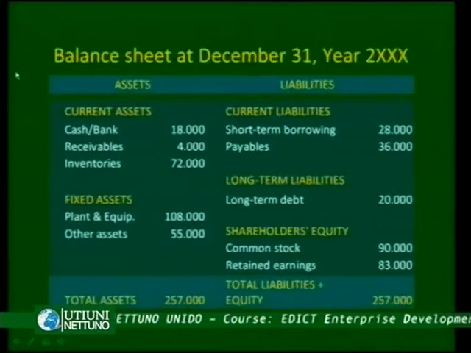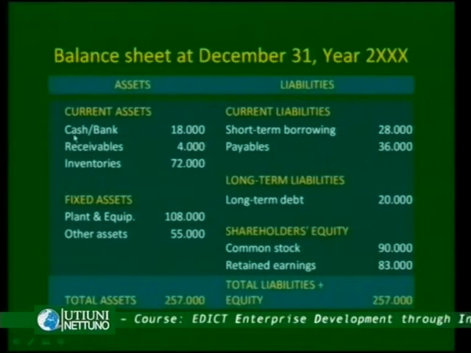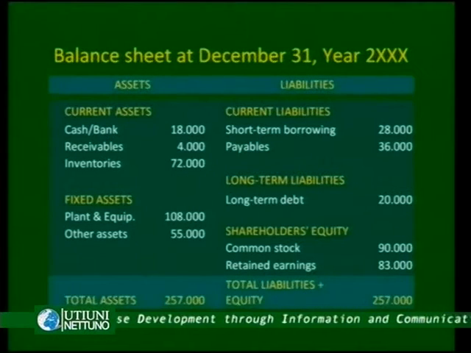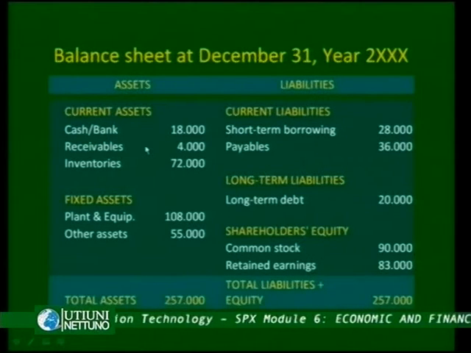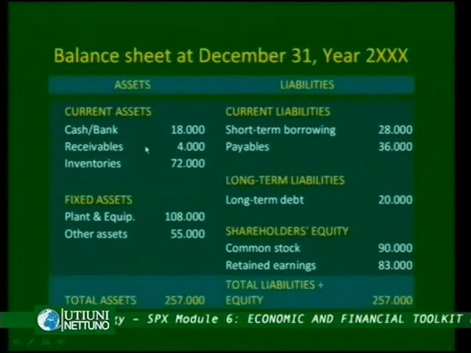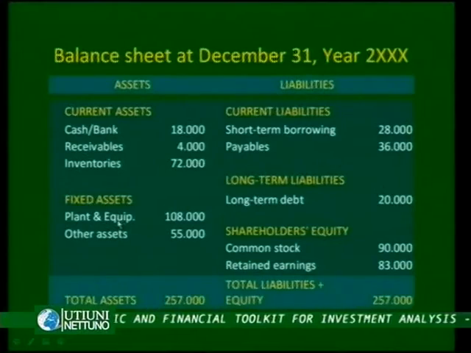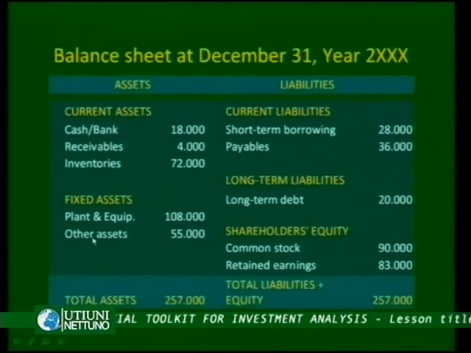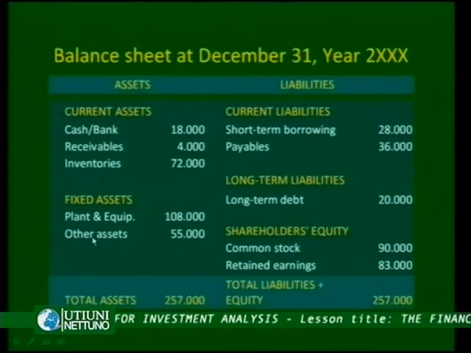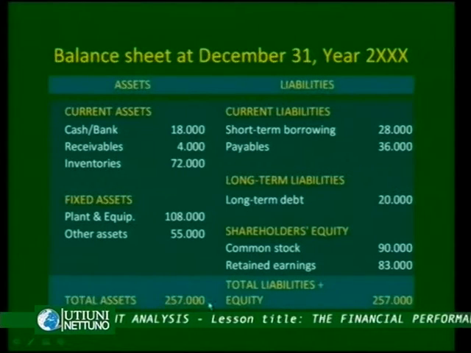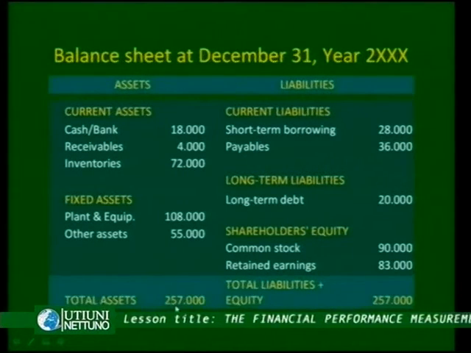And in current assets, in this particular example, we find cash at bank, so it's liquidity of the project in that particular moment, receivables of the project in that particular moment, and inventories of the project in that moment. So the total of the three items that are here gives us the total of current assets. And for fixed assets, we have plant and equipment and other fixed assets that are used for these projects. And so the total assets that we have here is